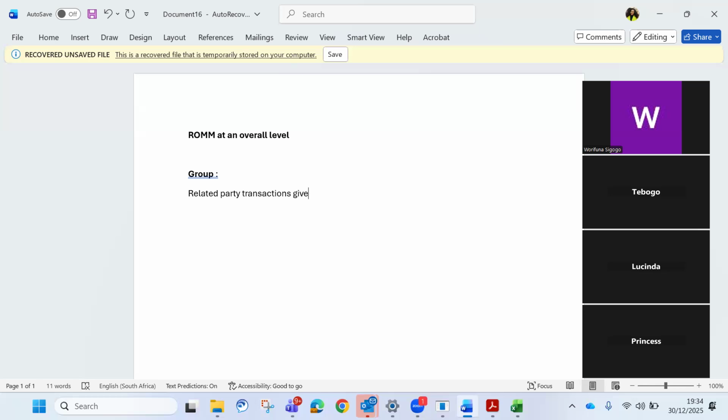The moment you know that this is a group, you should be able to say, oh, by virtue of this being a group company, these are the risks that I am going to see. The client does not know this. You're the one who's the auditor. The client will not sit down with you and say, before you start with the audit, I might have gaps here and here. Yes, Shalom is saying these are presumed risks.